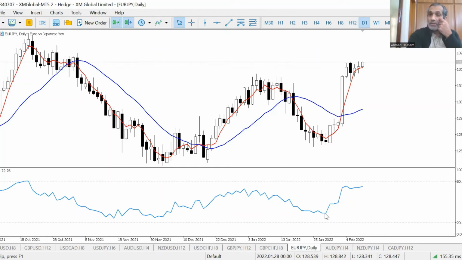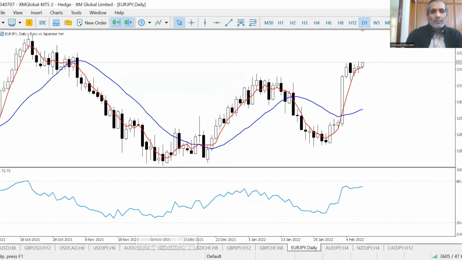So what we are going to do is we'll measure the strength of individual currency and pair a currency which is overbought and having a high rating like 70 with the currency that is oversold and having a low rating like 30, 25. These types of currency pairs then have a potential to make a big movement because the currency that is overbought will now try to become oversold and the currency that is oversold will try to become overbought.